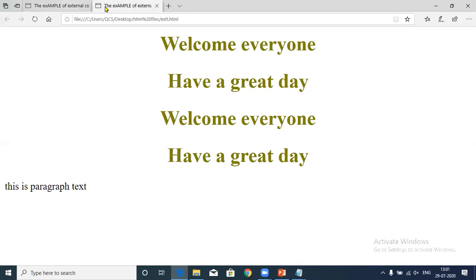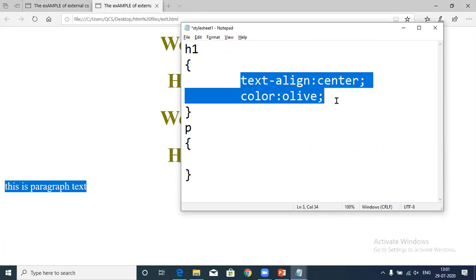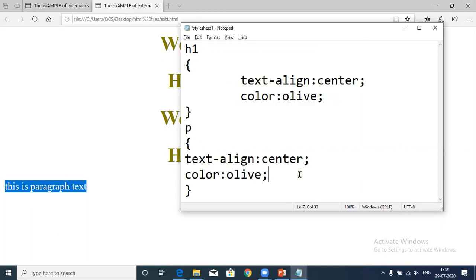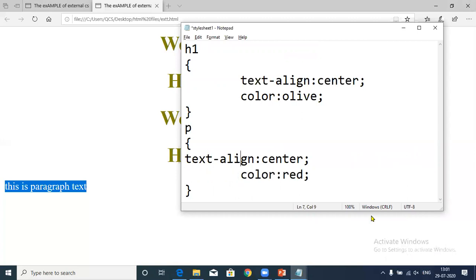You need to write the code at one place and you can use it multiple times in the different web pages. For example, now you want to specify the formatting for the paragraph text as well. Okay, how you can do this? You can simply come here and write the properties for the paragraph tag. For example, you want the text align center. Okay, and the color you want here is red, for example. Okay, so you have saved these things here.